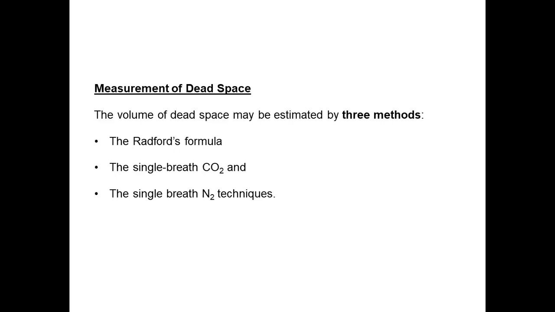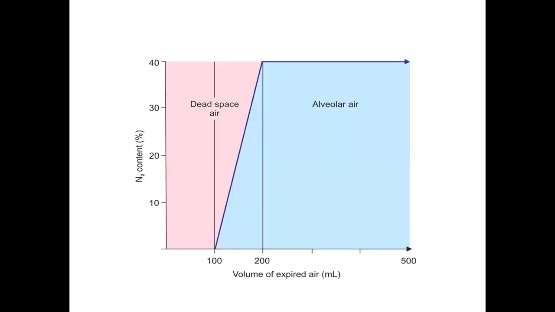And again, I am assigning some roll numbers here because many times only some of the students are constantly answering the questions. Roll number 11, roll number 93, and roll number 179. So these will be the three roll numbers. Each of you has to take one of these methods. Find out how these methods are done for the measurement of dead space, and give it to me.